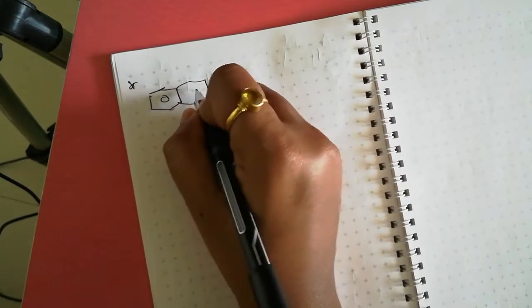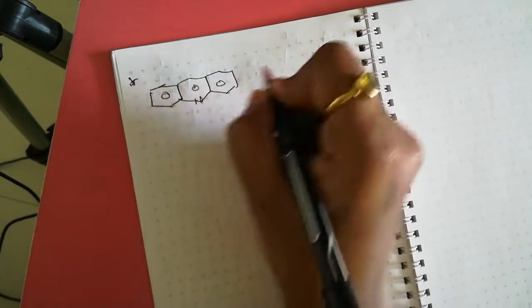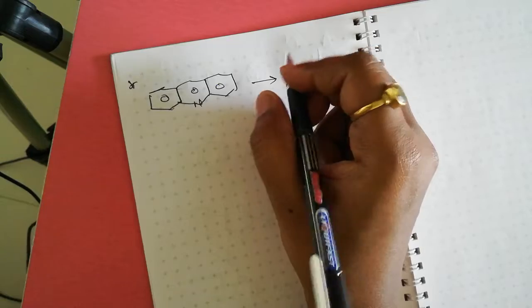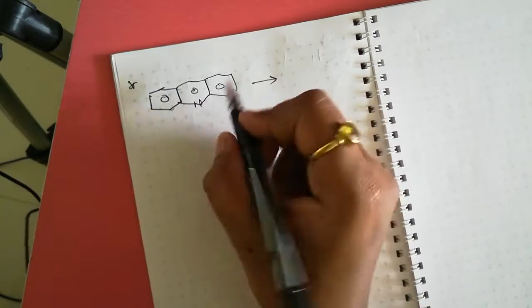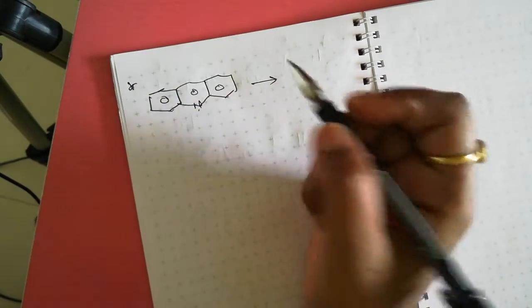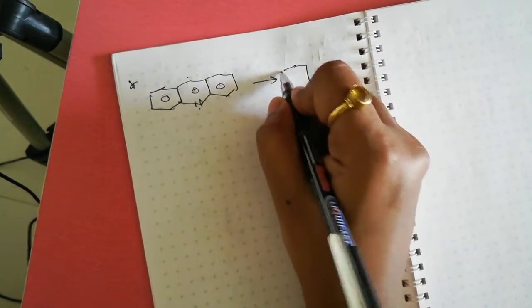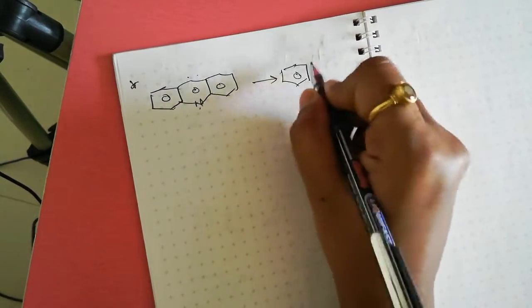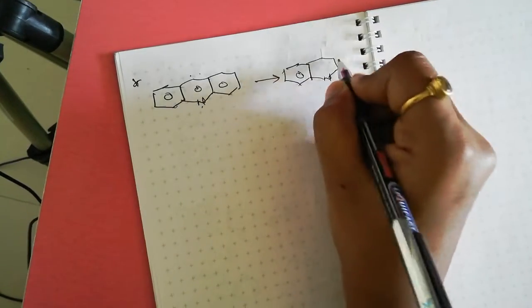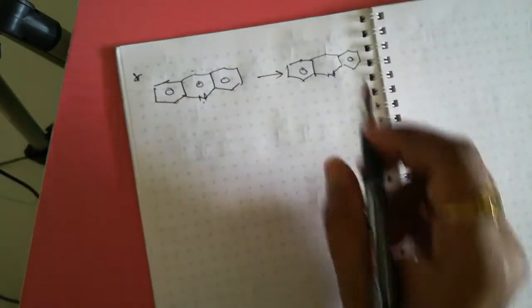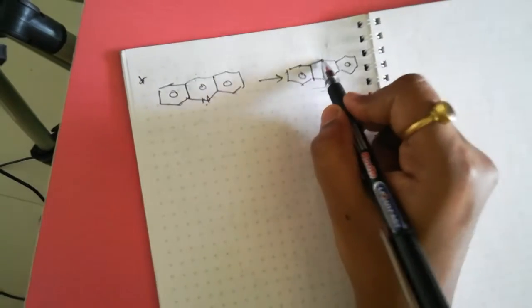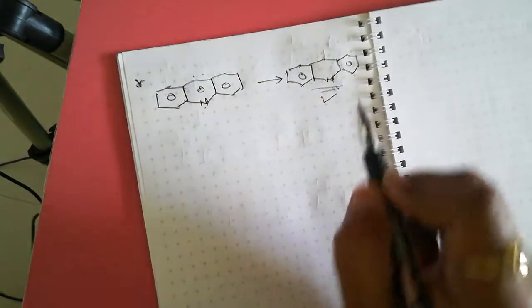If this type of system, then what is the product? Due to the anion stabilization effect, negative charge is stable at nitrogen, therefore electron transfer here. Then what is the product? The product is here, and this here is a 1,4 addition of electron and we get this product.